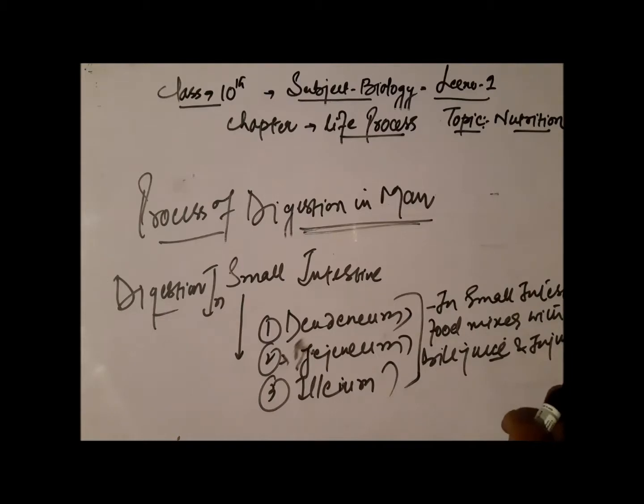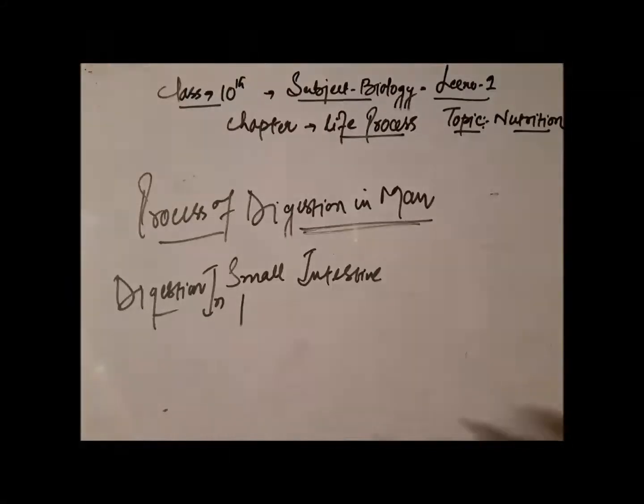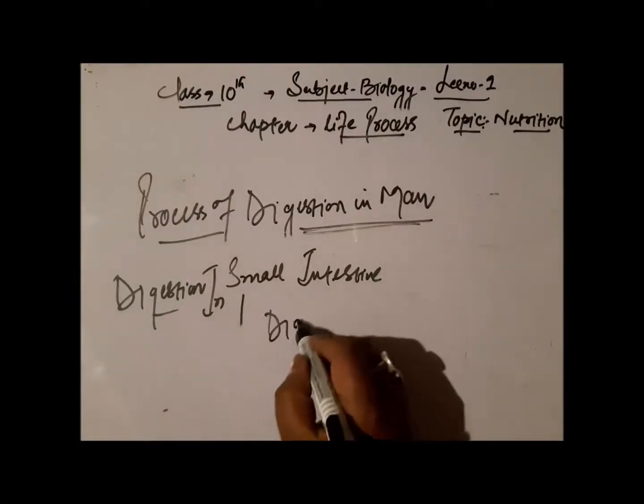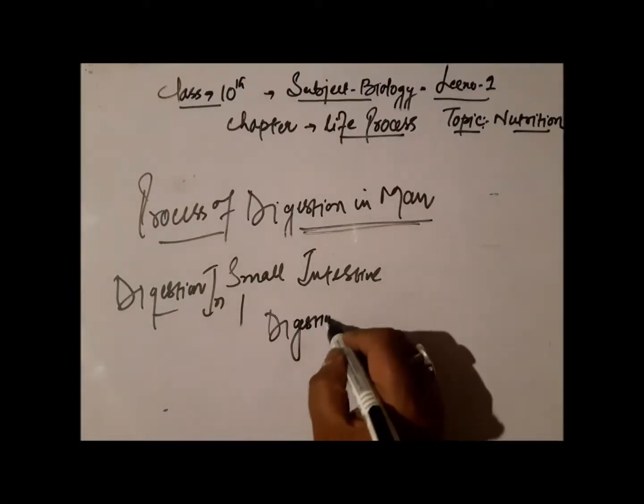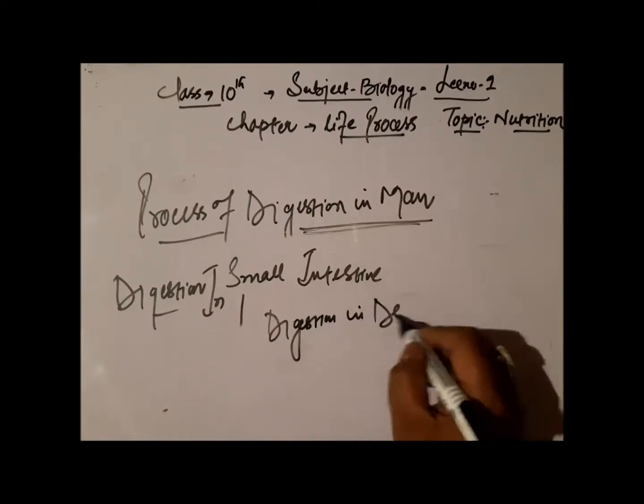All these secretions are alkaline, and the acidity of the chyme is neutralized here. And the pepsin, which was present in the stomach, is inactivated here. So as far as digestion in the duodenum is concerned,